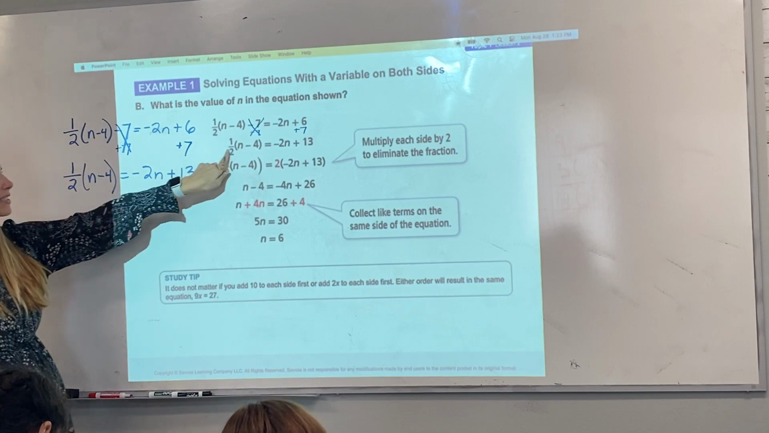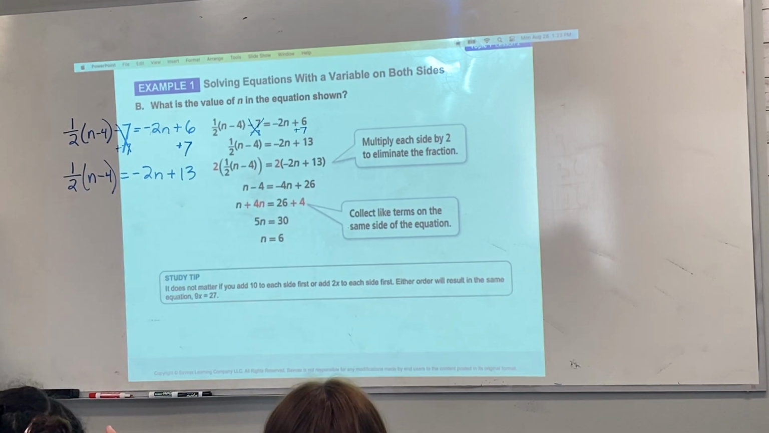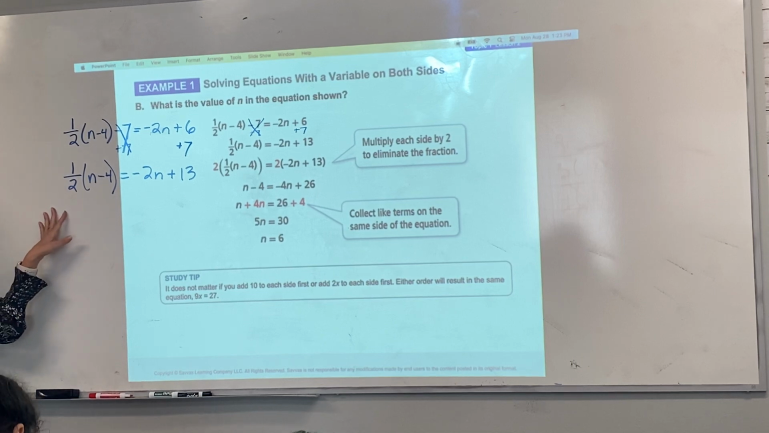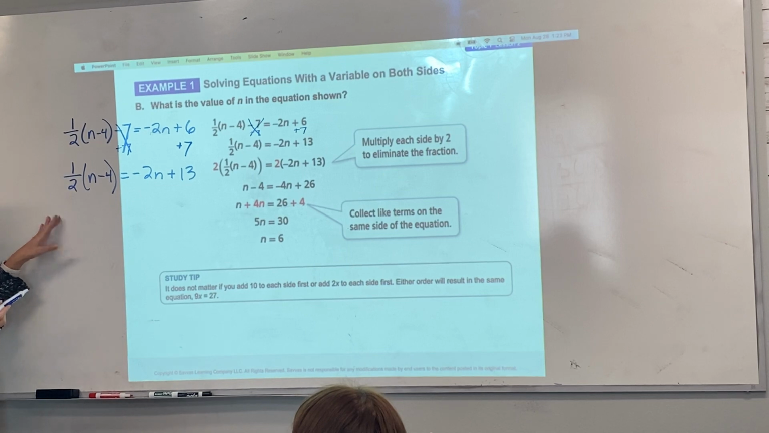Now, what is the next thing that the book decided to do? Something is right. Multiply each side by 2 to eliminate the fraction. Yes, that's what they did. And we did something similar in lesson 1, right? We did. So what they decided to do, they said, I don't want to distribute. And that's fine. What would they get for two? So